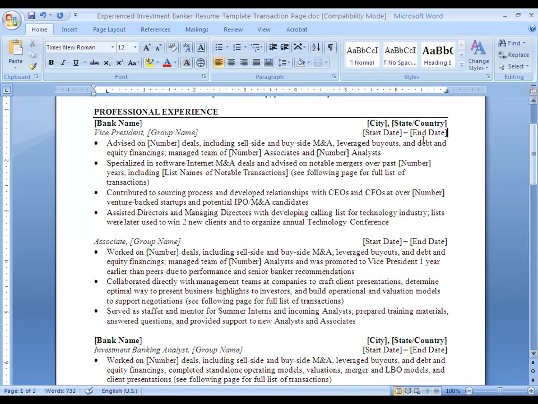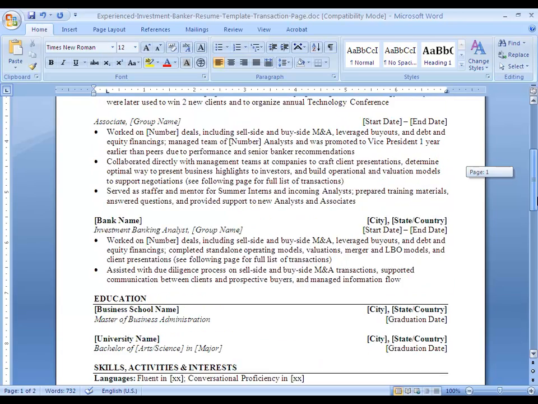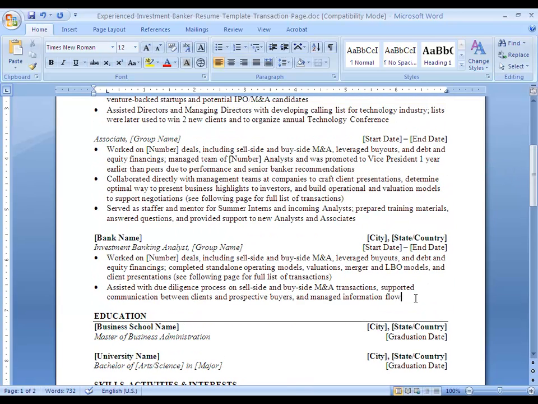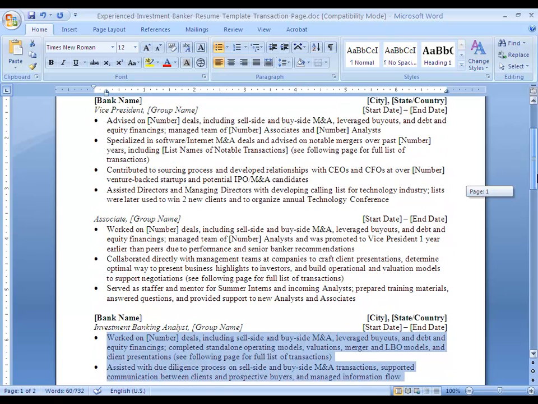We see a couple of important points here. In general, the person has progressed, and at the analyst level, they describe their experience by talking about the deals they worked on, the valuation modeling work they did, client presentations, and due diligence. And then at the associate level, it progresses a bit. They still talk about the deals, but in this case, they're talking more about managing the team of